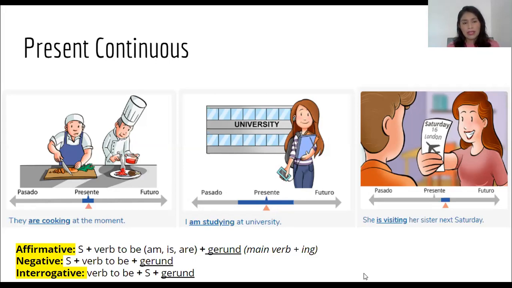Just keep in mind, guys, that the verb to be depends on the subject. If it is he, she, or it, I'm gonna use is. If it is I, am, and if it is you, we, and they, are. Okay,